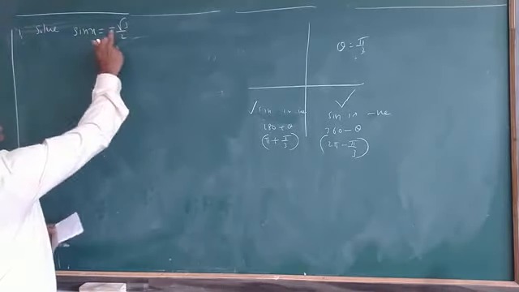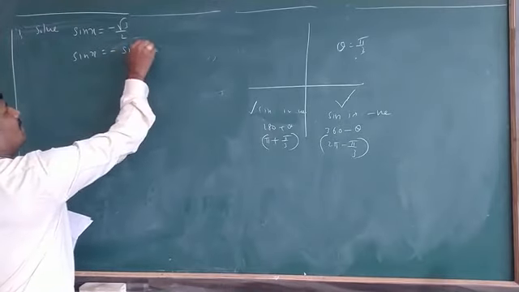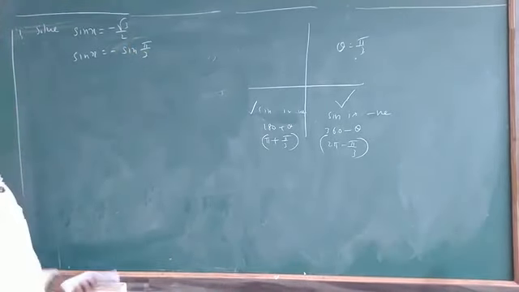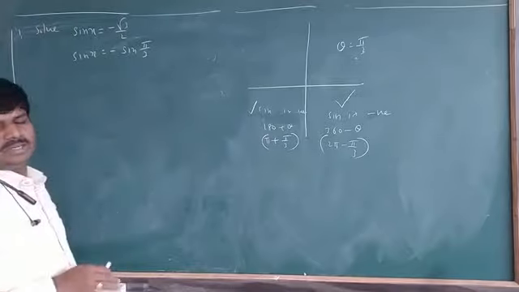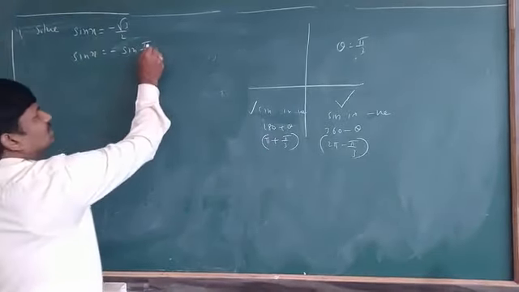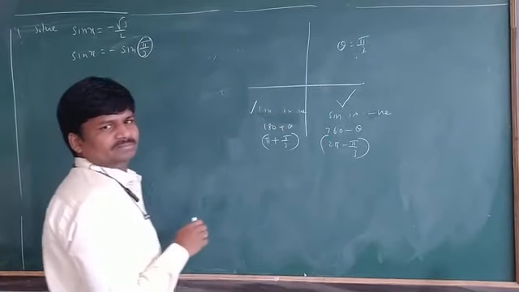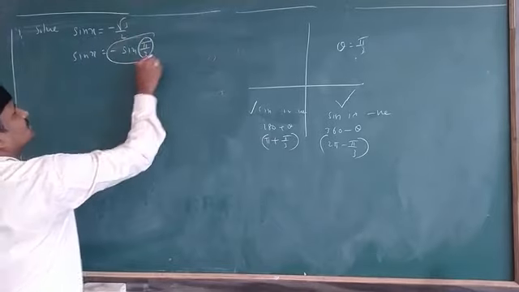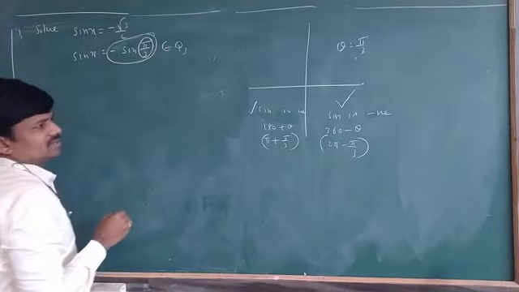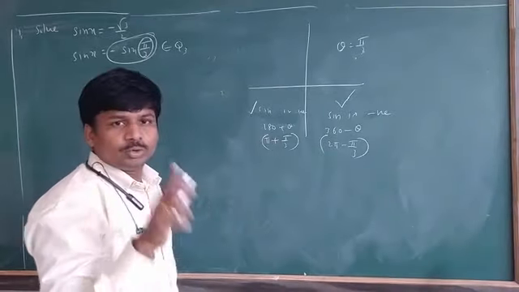So now I am writing this again. Sin x is equal to minus root 3 by 2. So sin x is equal to minus sin pi by 3. Here you cannot keep the minus; we have to change that to a positive value. So pi by 3 means theta, theta equal to pi by 3, that is in the first quadrant. But does this total value belong to Q3 or not? No need to take both.